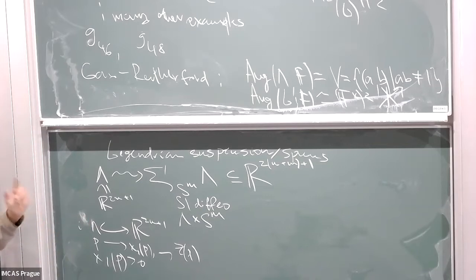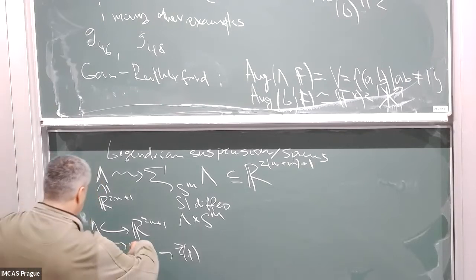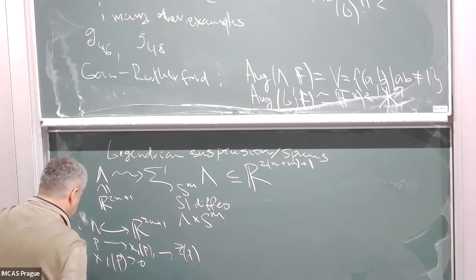it's compact, so at some point we will always have a situation where x1 is positive. This type of pushing is a Legendrian transformation because, as I said, in the formula for the contact form there are no x's, only dx's. So translation in the x1 direction is fine. We can always translate it so that we have this, and then the simple S1 suspension is basically